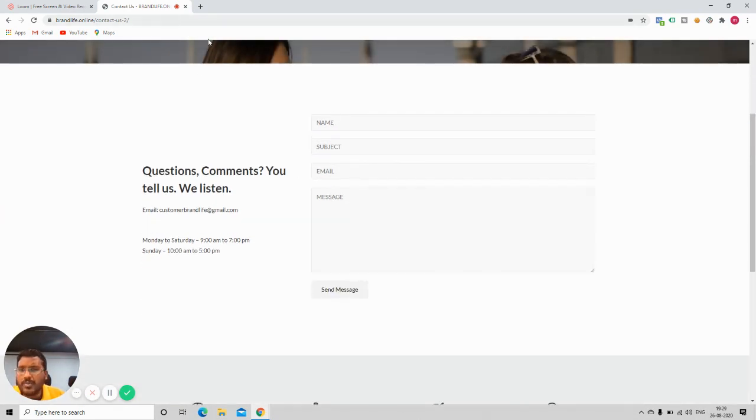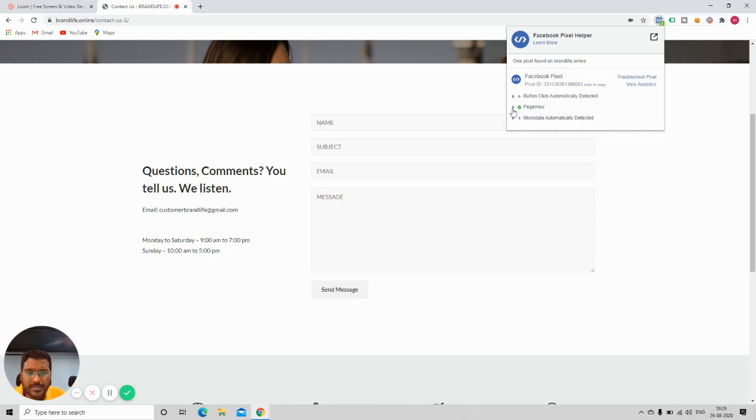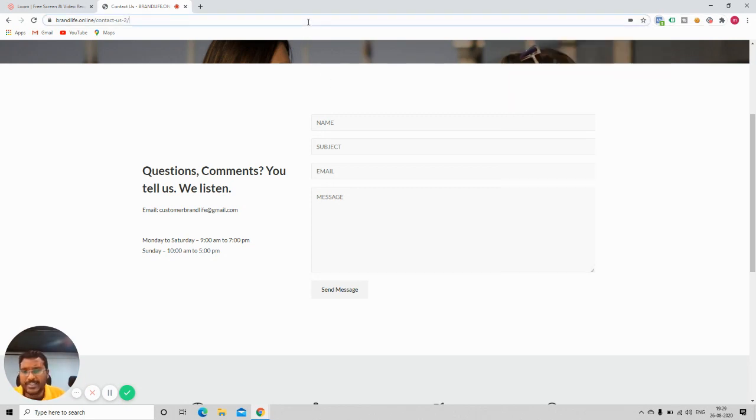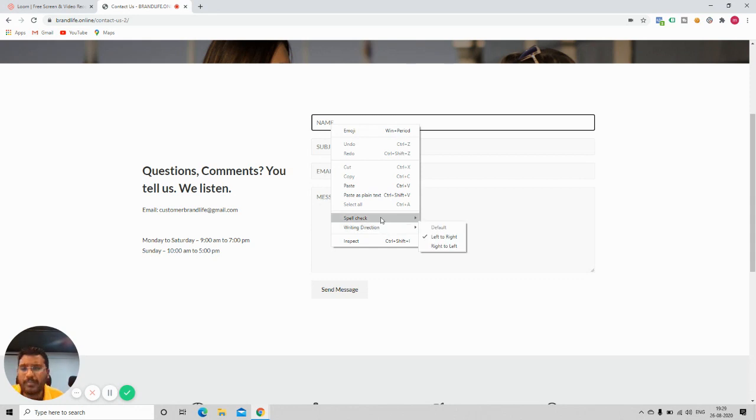So join me. When people come to this page, Facebook gets to know that a person came to this page, which is a page view. Along with the page view, Facebook will take the information as to which page the user navigated to, right? But now there are some actions that people do on the page, and I want them to be captured and sent to Facebook as object parameters along with the Facebook pixel, or a standard event or a custom event. So see how I'm going to do that, right? I would call this form funnel tracking, right?